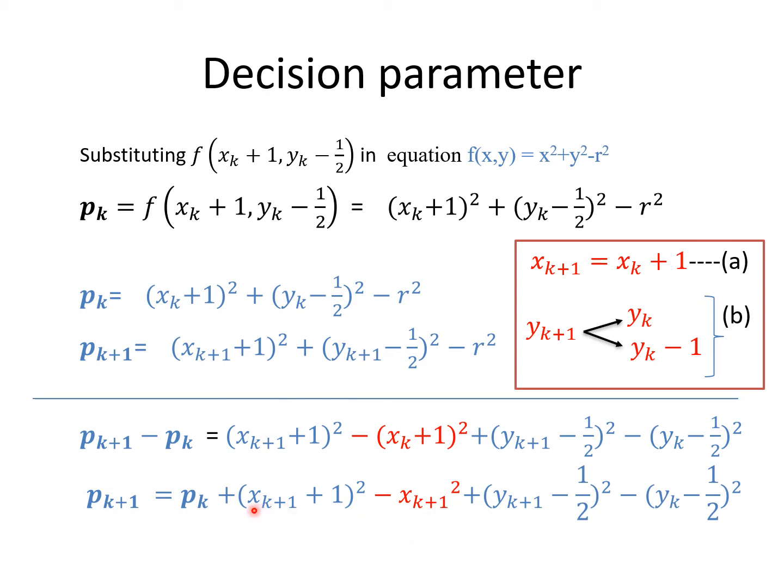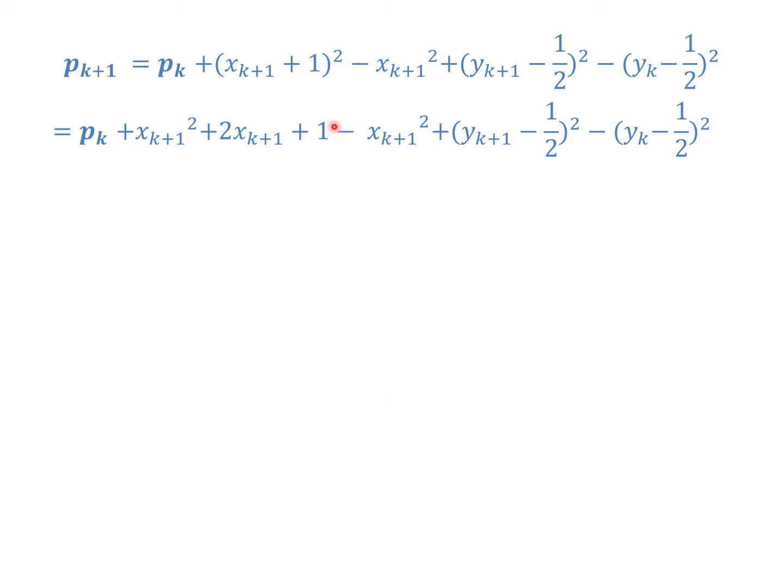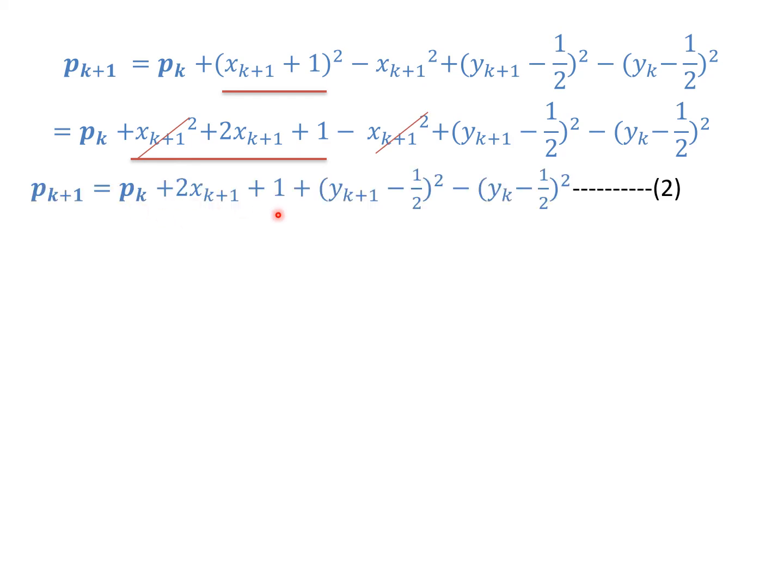Now in the next step, we expand this term and we simplify the x values in this equation. So we have got this. We are going to expand this as a plus b whole square, and a plus b whole square is a square plus 2ab plus b square, and minus this. Now look into this. We have two terms, xk plus 1 whole square. We have expanded this into this, and there are terms which get cancelled out, plus xk plus 1 whole square and minus xk plus 1 whole square, and the equation reduces to this format.